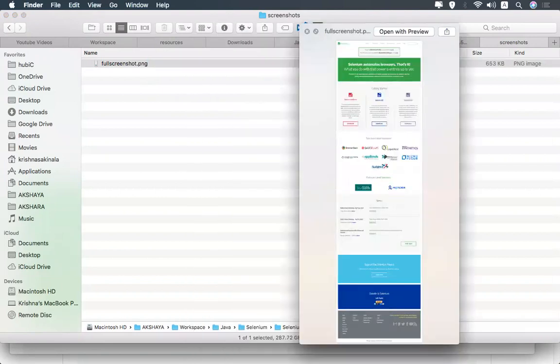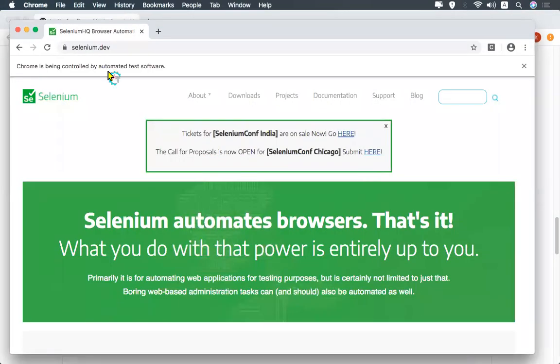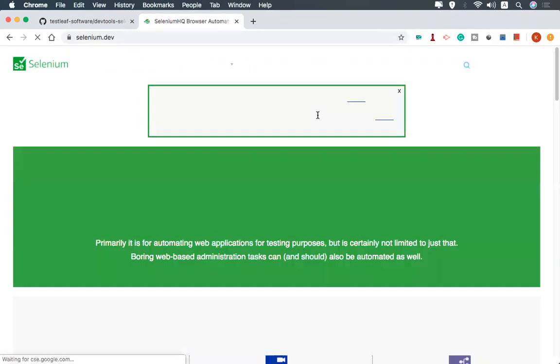When you go to the same browser, you see the scroll bar is missing now. When you reload, now you see the scroll bar. So I'll close this and open here again. Normally, this is not the WebDriver instance. Now you can understand easily what happened.